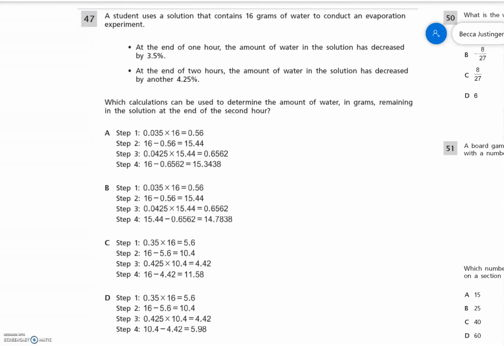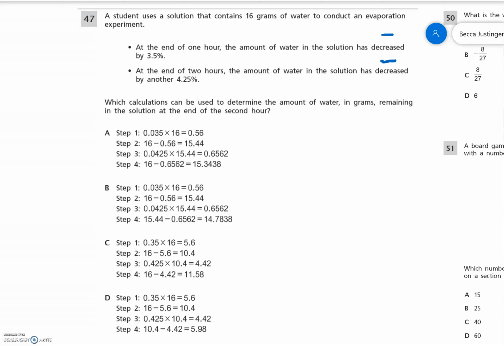We're going to pick up where we left off with number 47. A student uses a solution that contains 16 grams of water to conduct an evaporation experiment. At the end of 1 hour, the amount of water in the solution has decreased by 3.5%. At the end of 2 hours, the amount of water in the solution has decreased by another 4.25%. Which calculations can be used to determine the amount of water in grams remaining in the solution at the end